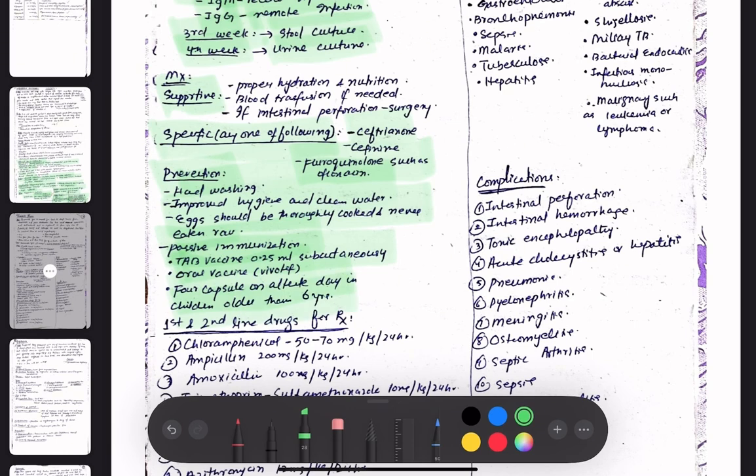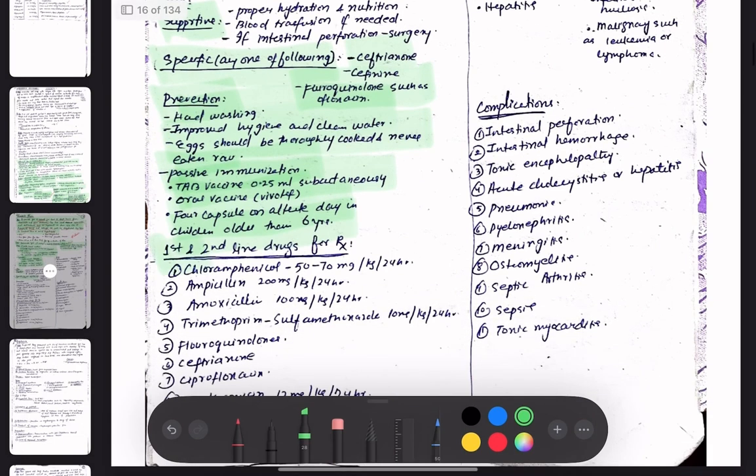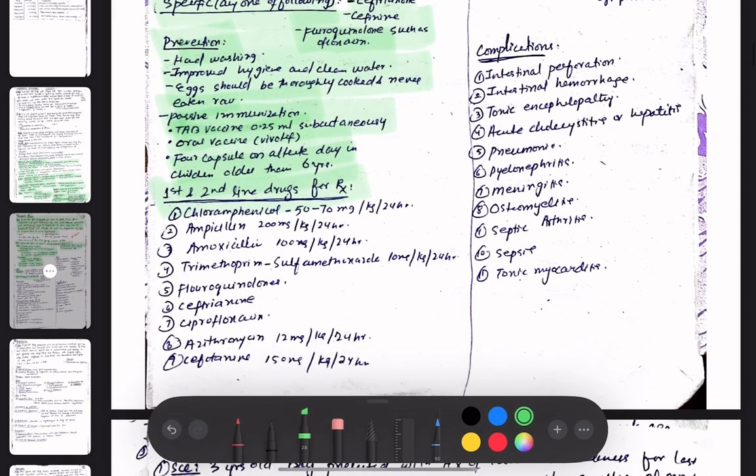Okay, so the vaccine for typhoid fever is not present in the EPI schedule for babies, but vaccines are separately available, and these are given as a 2.5 ml dose subcutaneously. And if it is given orally, then Vivotif is given, 4 capsules on alternate days in children older than 6 years. Okay, now the first and second line drugs for the treatment of typhoid fever are chloramphenicol,